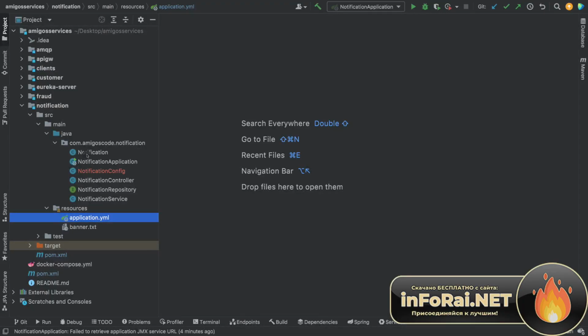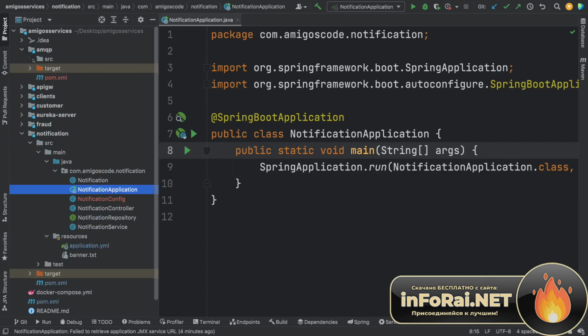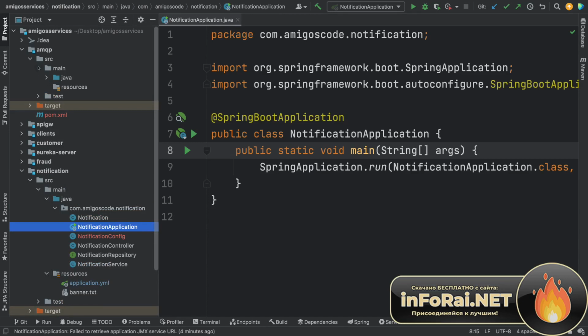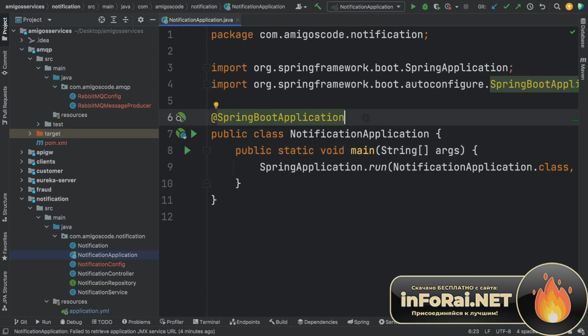Within notification, let's open up the notification application. And what I want to do is to bring in these dependencies right here. So I want to bring this class right here, the RabbitMQ message producer, so that we can test whether we can send a message to notification MQ from notification. So in here, let's go ahead and, so here we need to say